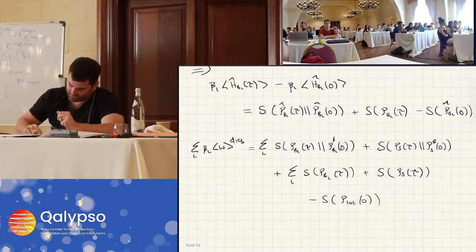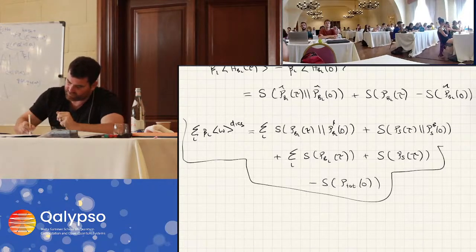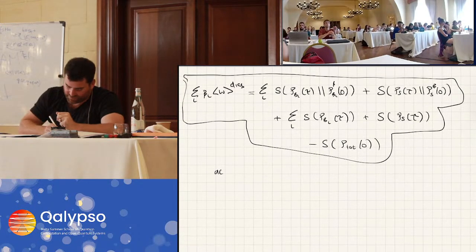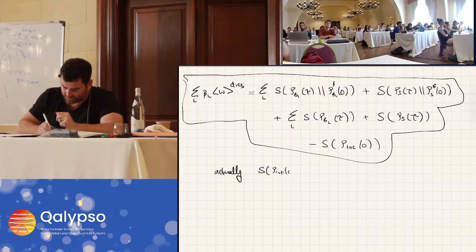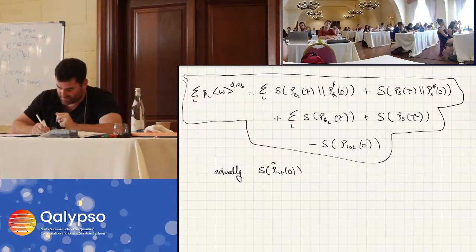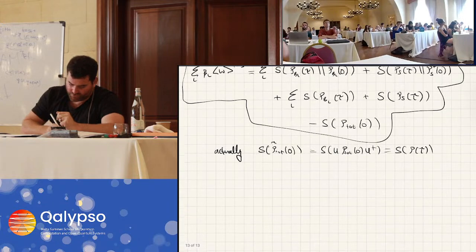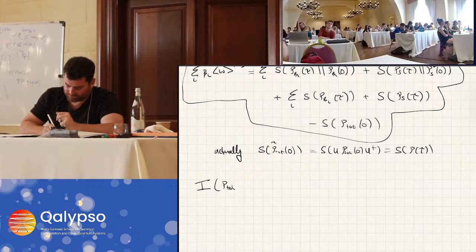Okay? So you can manipulate the expression down to this form. Sorry if there's a bit of sloppiness there. It's a bit of a tedious thing. And actually, S of rho total at 0 is equal to S of U rho total 0 U dagger, which is, of course, equal to S of rho tau. Now the total correlations, I'll explain, of rho total tau, the total amount of correlations between the system and